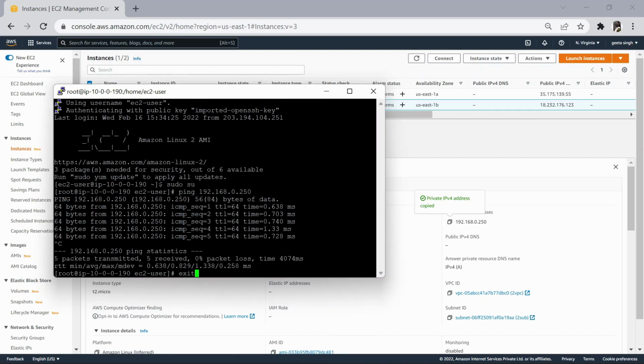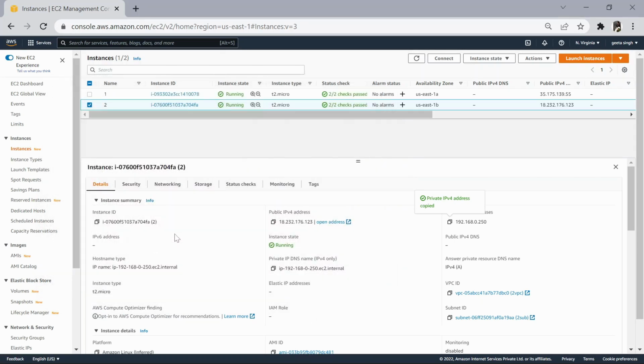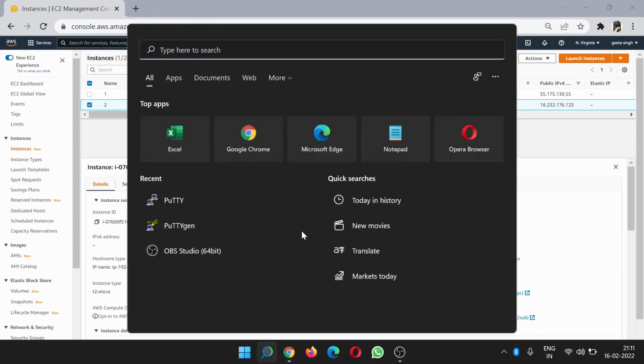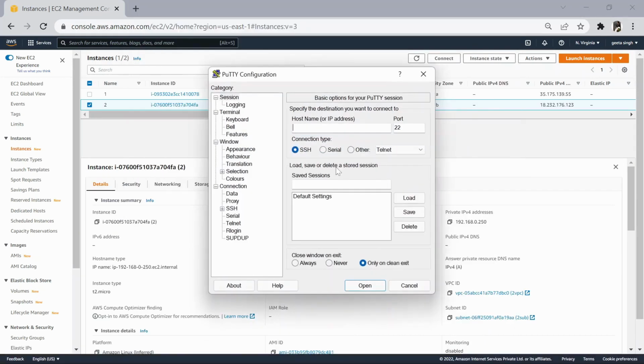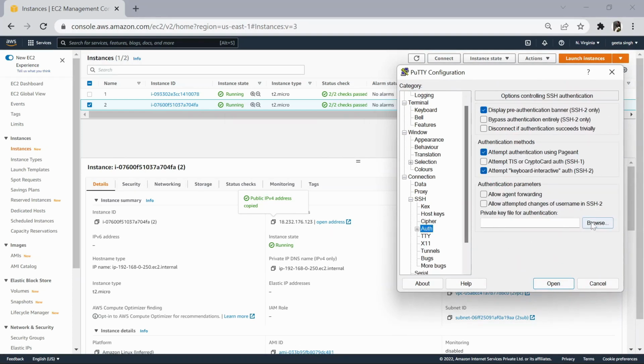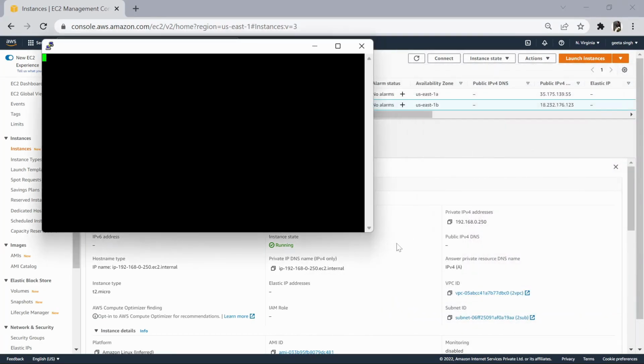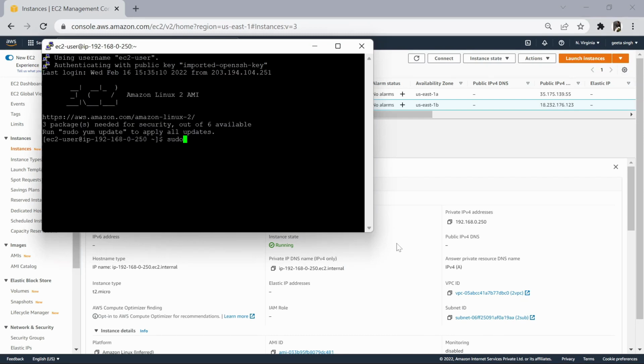Let's do it with the other instance also. Let's see whether we're able to ping from second to first. Copy the public IP of the second one. Let's head over to PuTTY. ec2-user at the public IP of the second EC2 instance, as you can check. SSH, auth, and browse and open. We are in, sudo su,